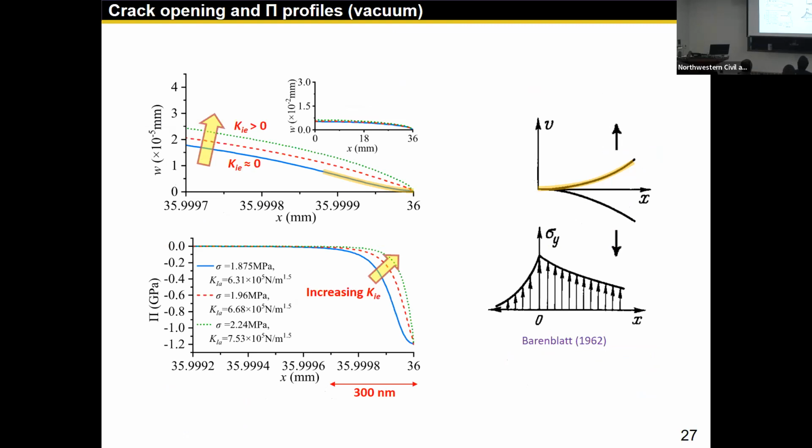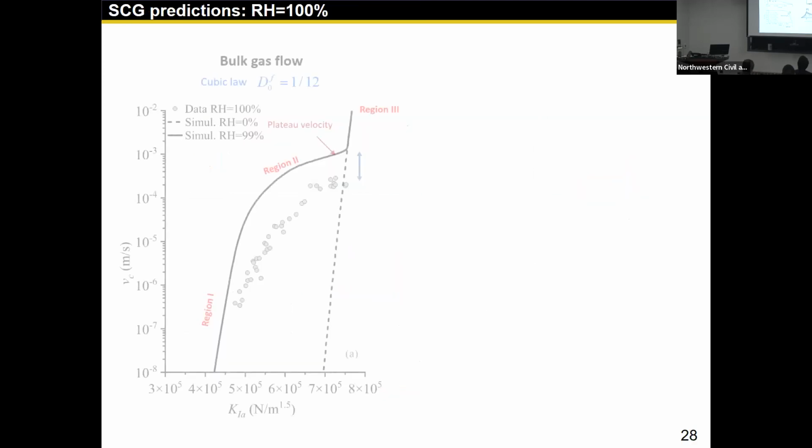And you can see in vacuum, the crack tip indeed gives you a smooth closure when the effective stress intensity is nearly zero, as predicted from the cohesive crack theory. But once you apply higher stresses, then it becomes more blunt and the crack is propagating quasi-statically forward. And this is the distribution profile of the surface force. You can see the effective range it acts over is about 300 nanometers, so very, very tiny.